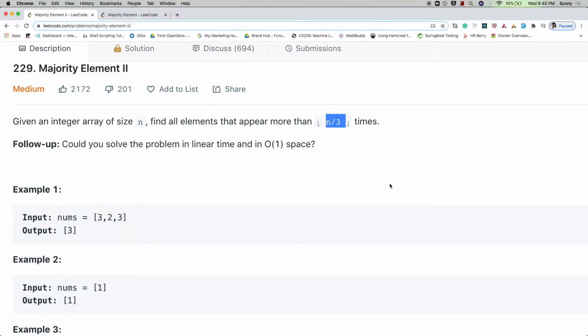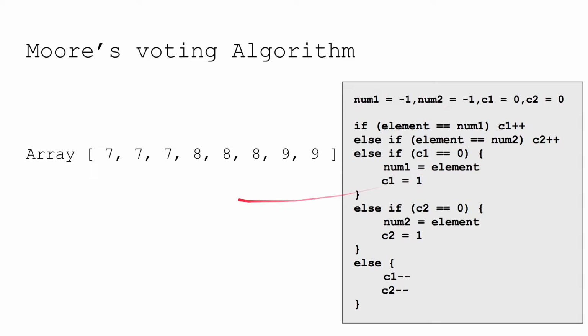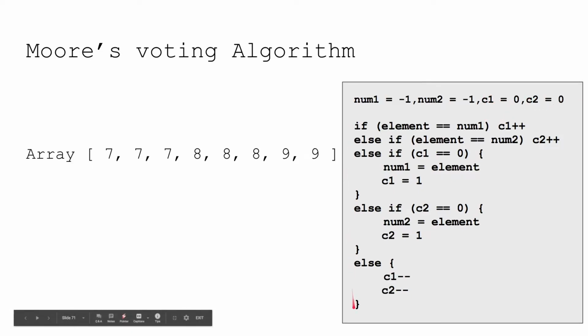If it is not clear yet, let's go through the algorithm and we'll see the dry run, and then things will become much clearer. Okay. So initially we will have num1 and num2 with -1 value, and then we will have these two counters set to 0. So here we have these conditions which we need to check while traversing this array, right? Here the first thing we'll do is check if the element is equal to num1, then we'll simply increment counter 1.